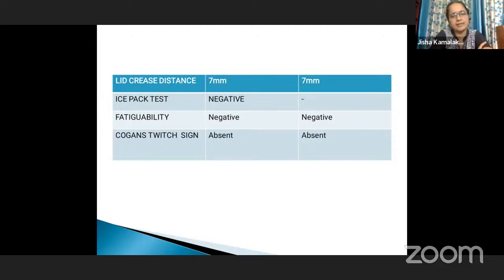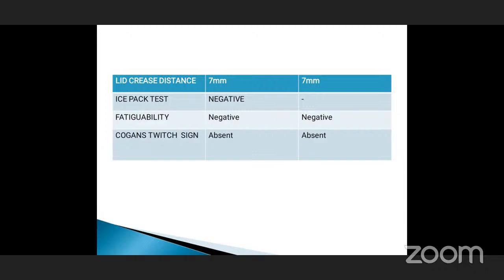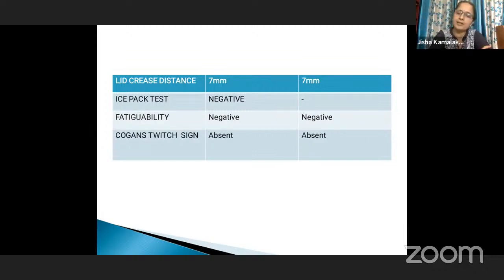How do you apply the ice? Is the ice cube directly applied over the eyelid? No, it's the ice pack that is applied. It should be wrapped in a cloth, or even in a glove. If a cloth piece is not available, a gauze piece can be used to cover the ice pack, and it can be applied. That is better than directly applying the ice pack over the eyelid.